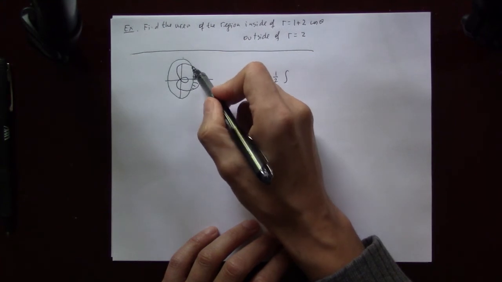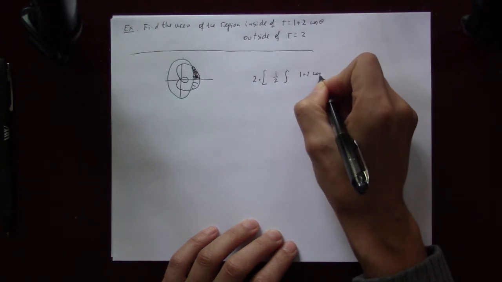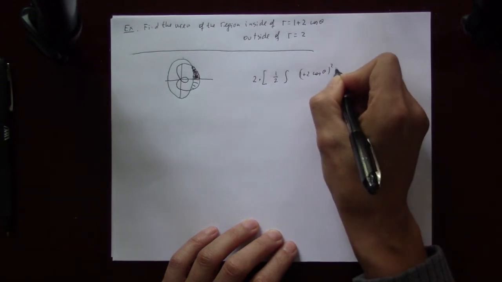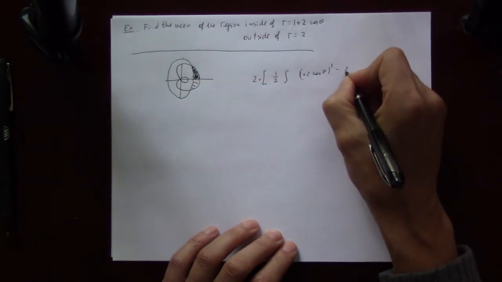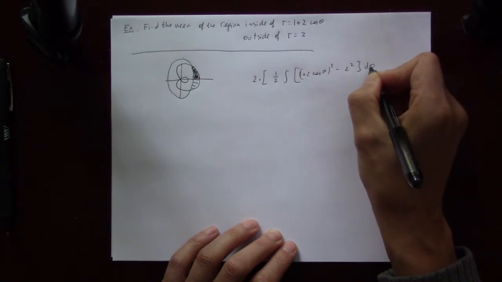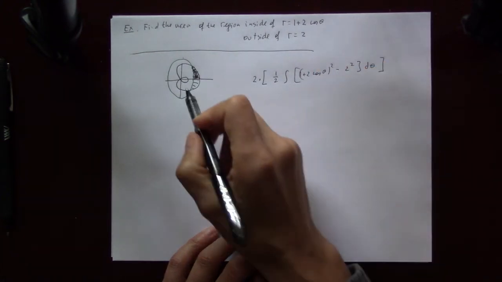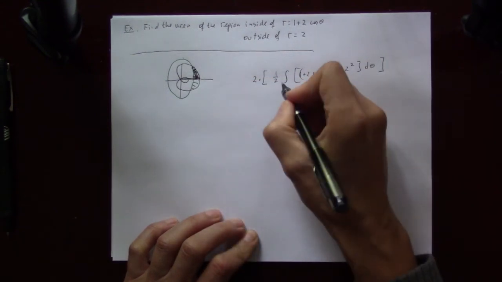Bigger curve is limaçon, 1 plus 2 cosine theta squared, minus smaller curve is circle, 2 squared, d theta. Limit of integration, we start when angle equals 0,